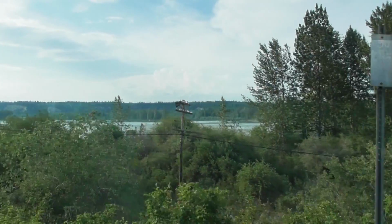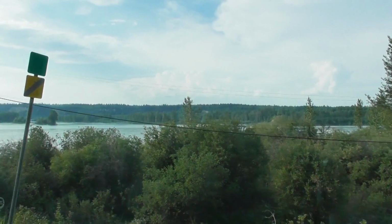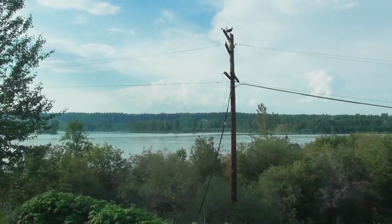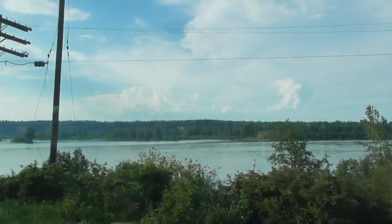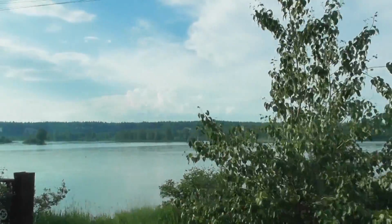So, back again after a while, and in this shot we are finally entering Prince George, British Columbia. They have a very, very impressive bridge over the Fraser River, and we're going to be entering slowly into Prince George because,